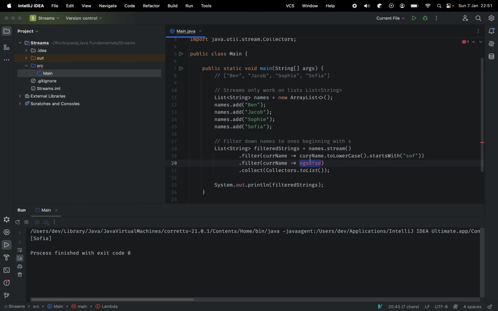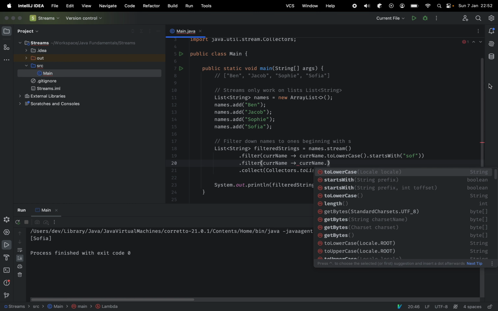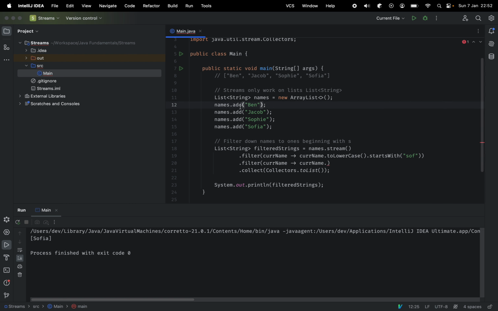So let's filter again, and let's say current name, and this is the current element that we're on, right? For example, if we're on the second loop of this, we'd be at Jacob, or if we're on the first, we'd be at Ben. The current name dot length, for example, should be greater than 5,